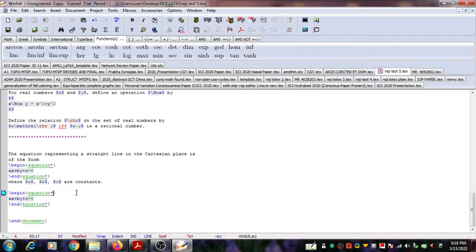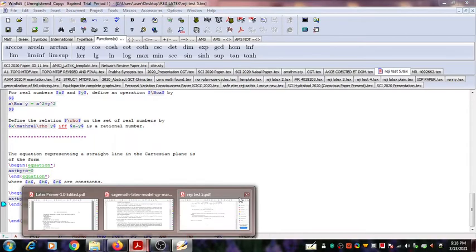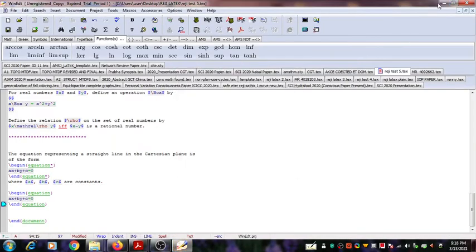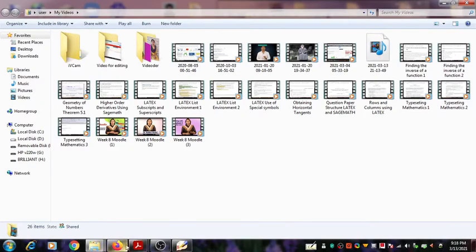And then I shall remove the star. Yes, you can see here I have removed the star symbol from the \begin and the \end statement. And when we run it,